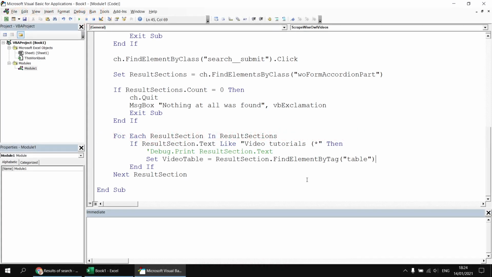Just a little bit of housekeeping next. If we're looping through the results sections and we do find the video tutorial section, then it's pointless continuing this loop afterwards if there were more sections below it. So a very quick, simple instruction to add in here. After we've captured a reference to the video table, we can exit the for loop to avoid processing the other